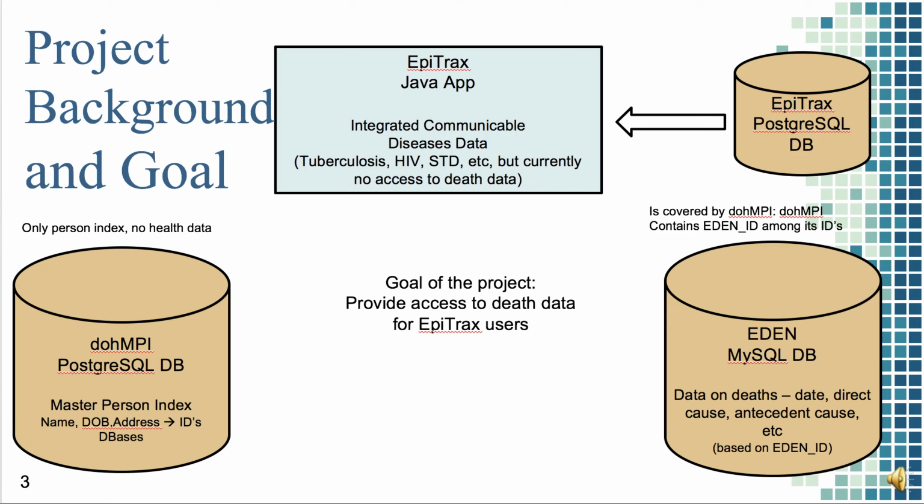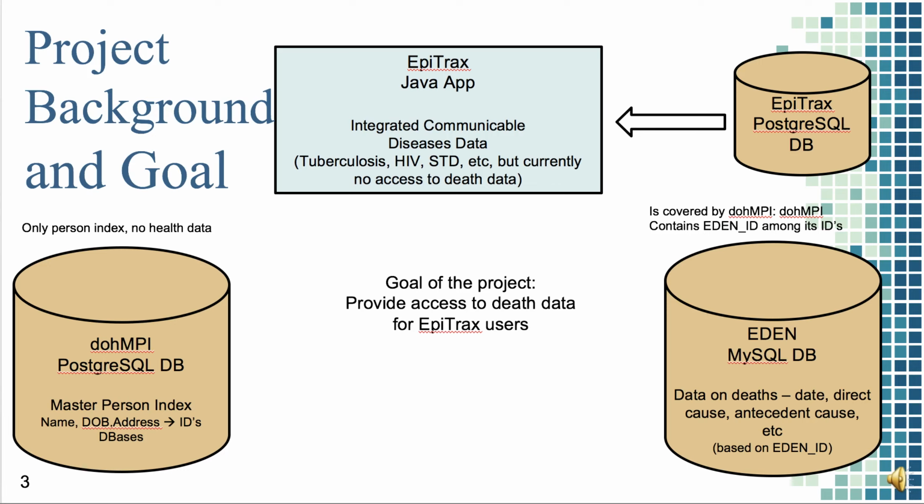infectious diseases. EDEN is the database underlying the Utah statewide death registration system, which, among other things, records cause of death, any type of cause, and comorbid conditions. These pieces of information are in many cases critical for epidemiological research. However, they cannot be accessible to Epitrax users because of incompatibilities of formats and contents of recording personal information in Epitrax and EDEN. Luckily, Utah Informatics Infrastructure includes a special tool called DOHMPI, which stands for Department of Health Master